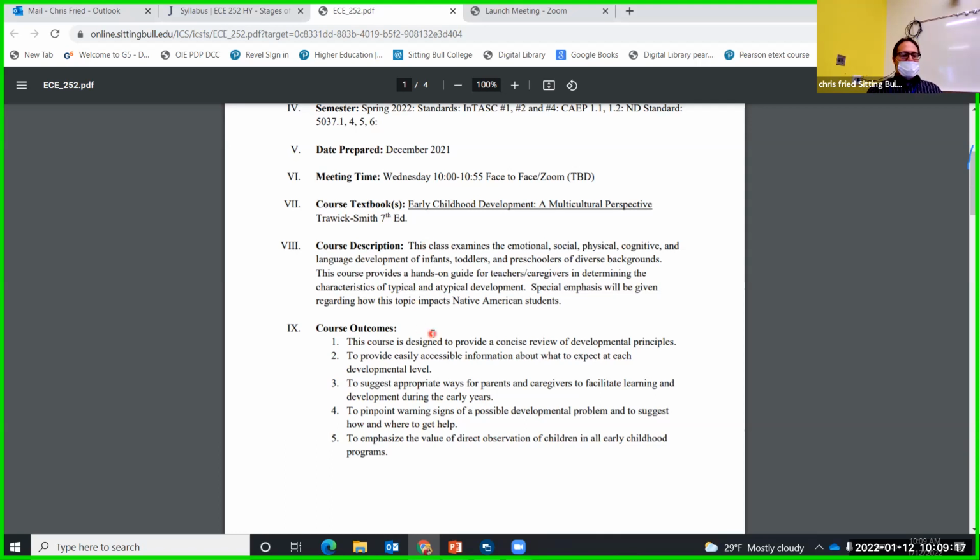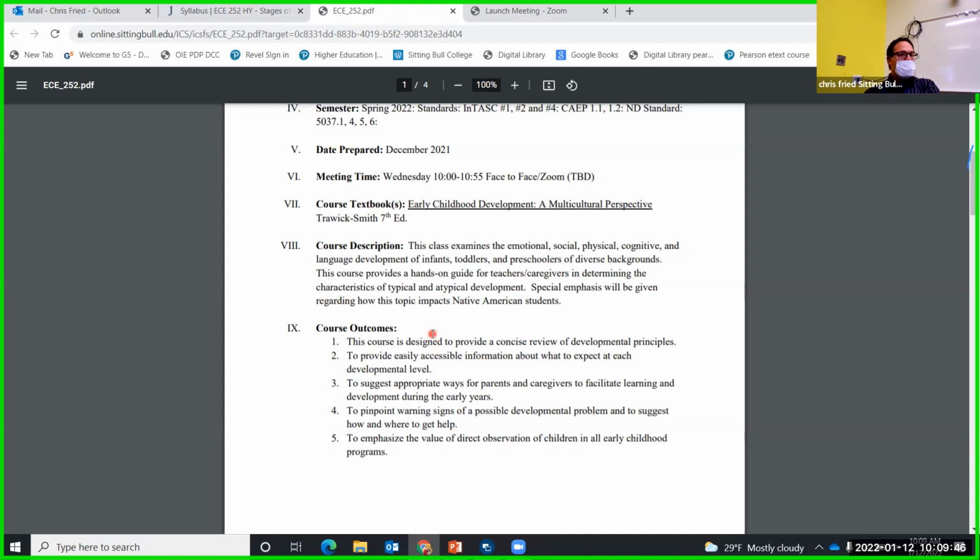So what is this class about? We're looking at the emotional, social, physical, cognitive, and language development of infants, toddlers, and preschoolers, and looking at the diverse backgrounds of these children. Hopefully we'll provide you a hands-on guide as teachers, caregivers, providers, whatever role you might take on as you exit our program, because you have a variety of options.